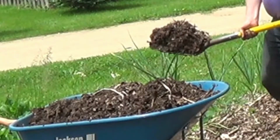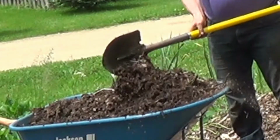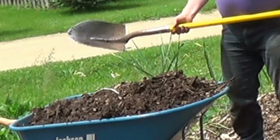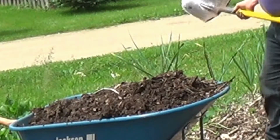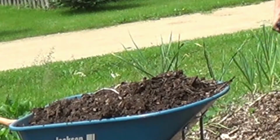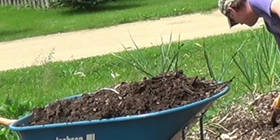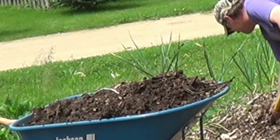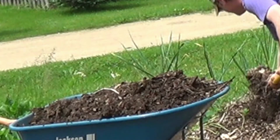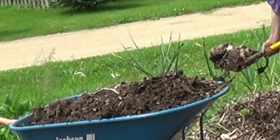Those weeds were a pain in the butt for me. But those weeds were my introduction to Back to Eden gardening. When I got up there, I found some of the nicest compost that anybody could ever see. As a matter of fact, I probably need to go up there again because it's been several years since I cleaned it out. That year, shortly after I cleaned out that compost, I went and put that on